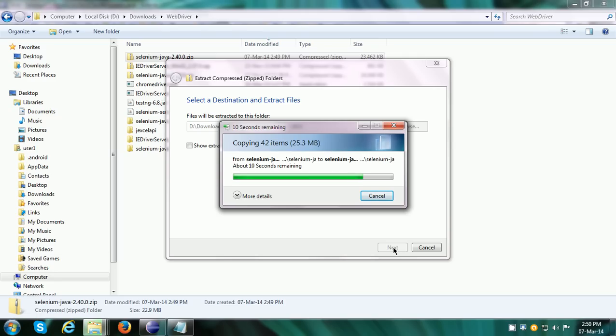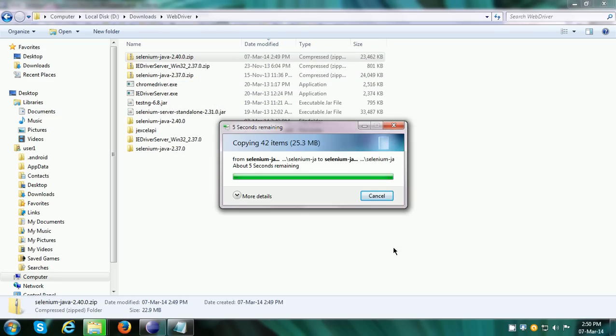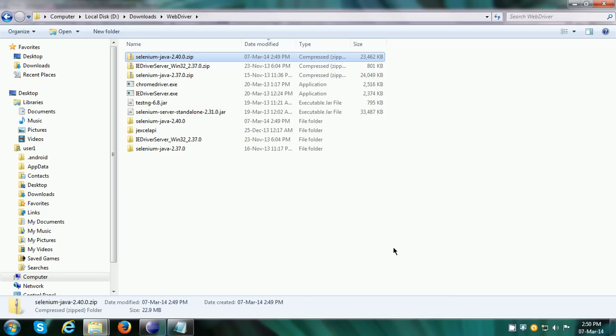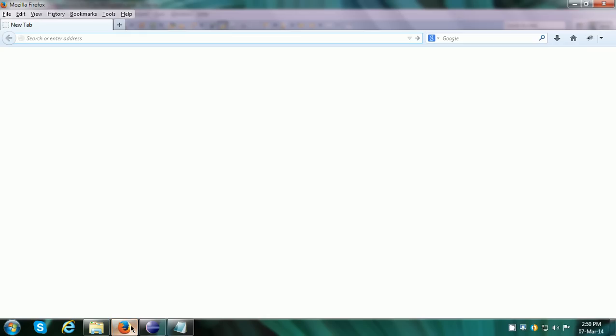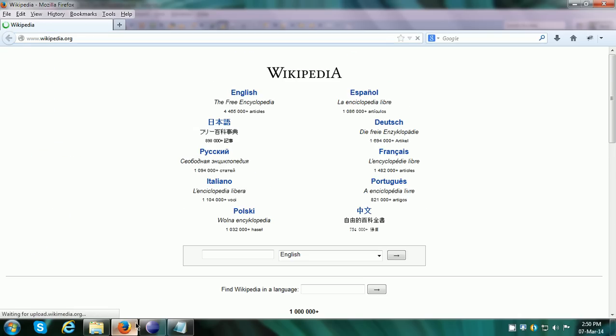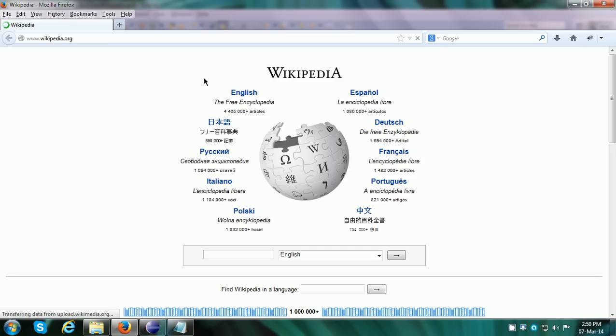So today what we are going to do is automate some user actions on the Wikipedia website. So let me show you what we are trying to achieve today. So if I go to Wikipedia, so on the Wikipedia homepage there are links for Wikipedia sections of different languages.